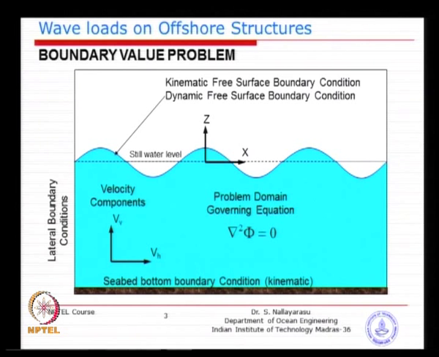The surface at the top has two boundary conditions, one is the kinematic boundary condition, the other one is the dynamic boundary condition, which is changing all the time. For the seabed boundary condition, you have the no-flow condition, basically an impermeable seabed, which is what we normally assume. But if you have a permeable seabed, then the problem becomes slightly more complex. So, for the simplified problem, we assume there is no flow through the seabed, and at the two sides you have the mass continuity equation.